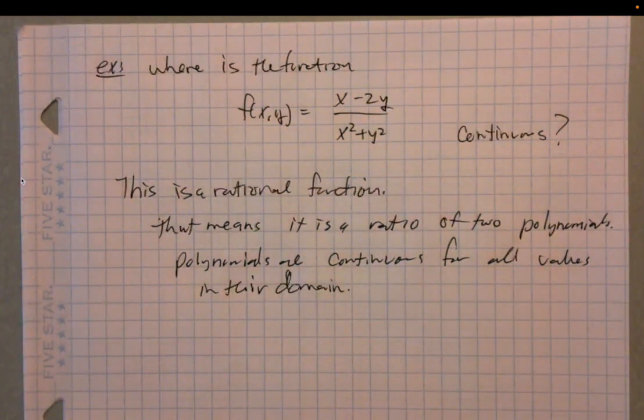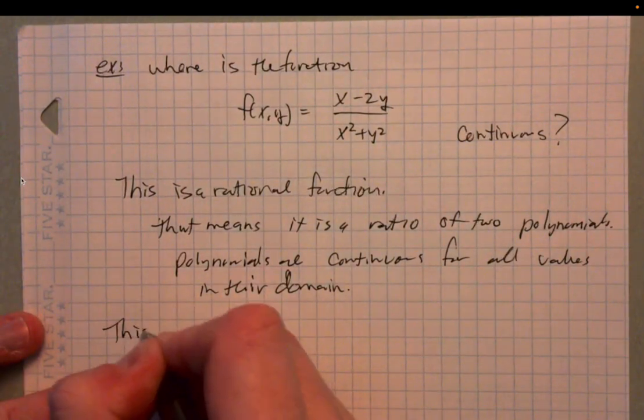Now, that doesn't mean a rational function is continuous for all values of R. In this case, there's one point where this rational function will not be continuous, and that is the point that would fall outside of its domain, specifically the point (x, y) equals (0, 0). So this function